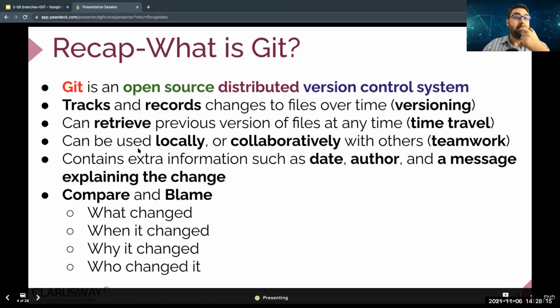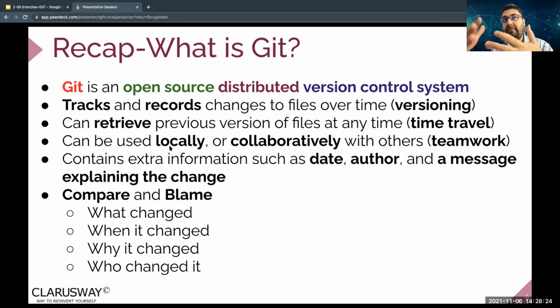And the other thing is that you can work locally, which means on your computer, or collaboratively, which is sharing with others. You are not sharing your computer with others, but you are sharing the main code with others. Then they work there locally. If you have no internet connection, don't worry, you can still work. When you finish your work and make your commits, you don't need an internet connection either. You need the internet connection when you decide to push your change to the main repository. That's the only thing.